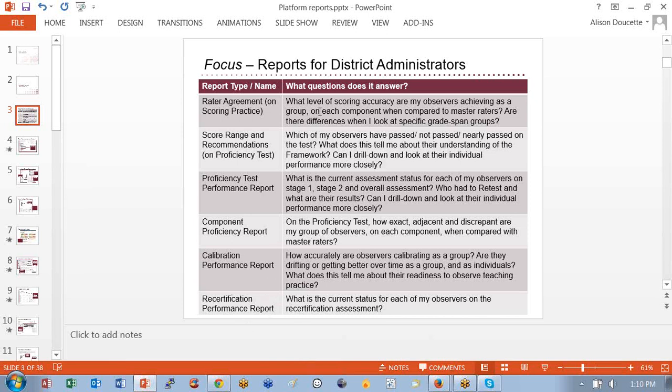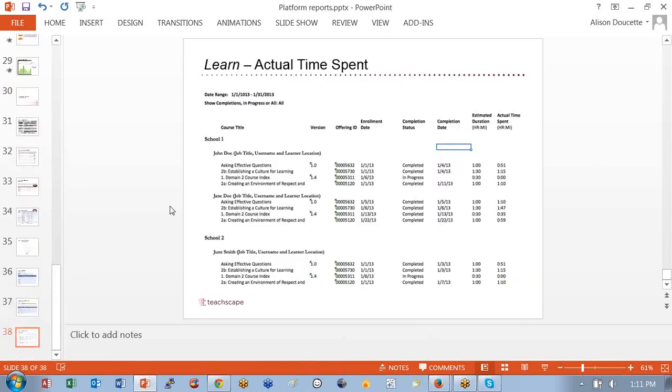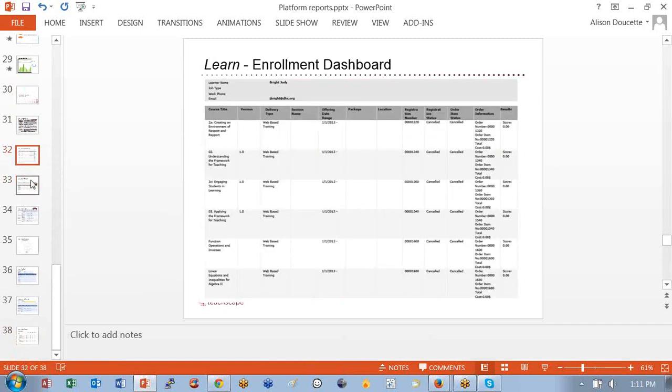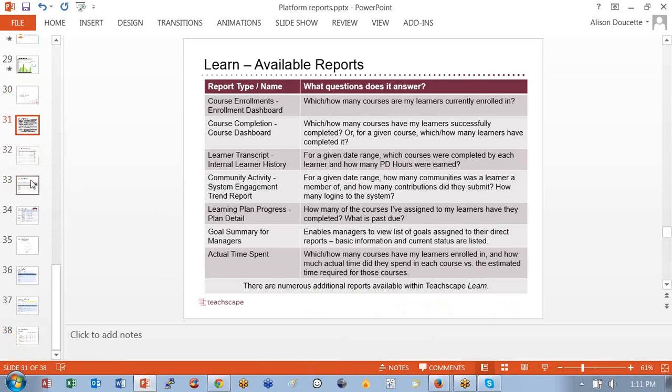These are part of what you think of as the basic Focus Observer training. This report gets turned on after you've turned on a calibration window. This would get turned on after you've done certification. As far as the Learn reports, I used to be a lot more expert in them than I am, so you've got me in my weaker area here. But I know that we have a nice listing of the reports in Learn that we can send you, with their names and what they actually do for you.